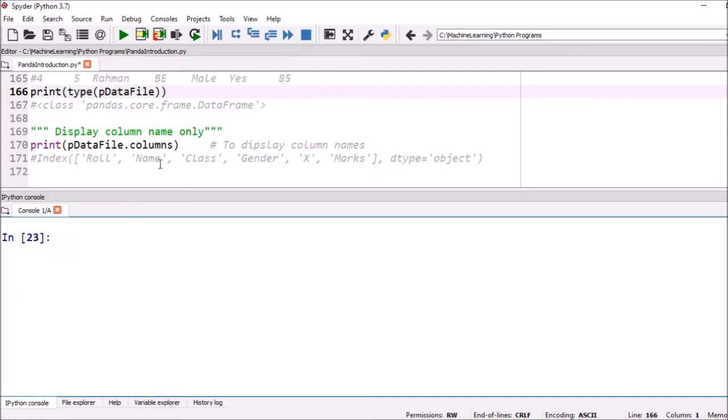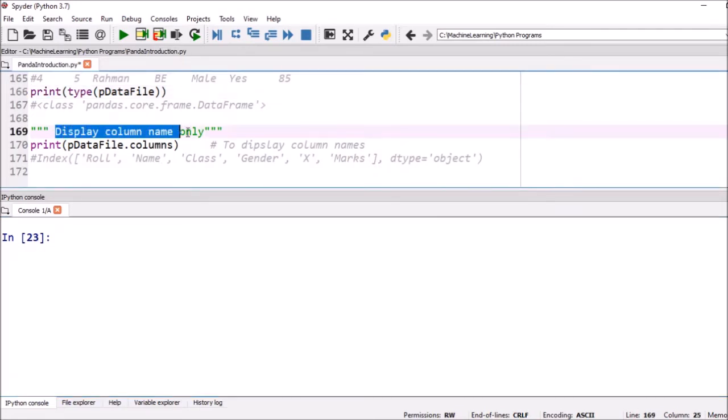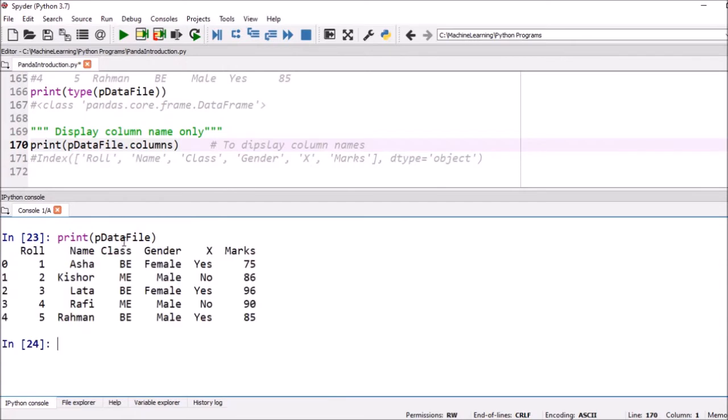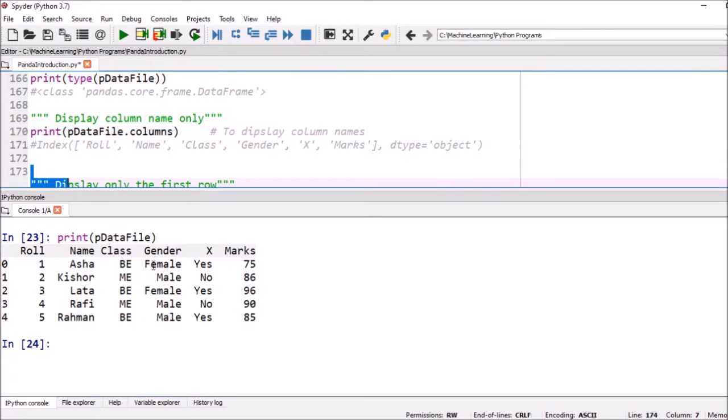Next, suppose we want to display the column names only. Here we want to display only the columns of this particular file. Here the columns are roll number, name, class, gender, X, marks. Suppose we want to print only these.